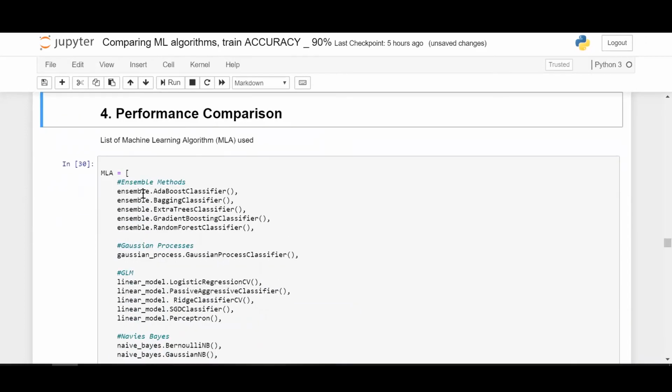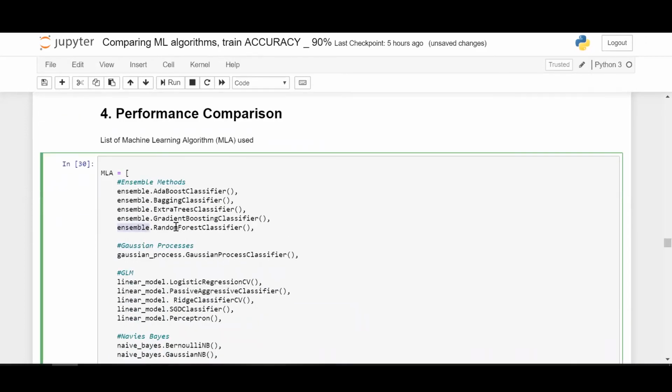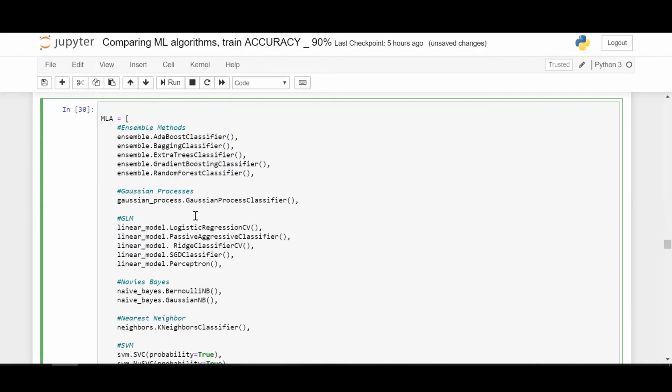So if you remember ensemble, the most popular one is random forest. But along with it, you have AdaBoost classifier, which we'll explore under the boosting algorithms, bagging classifier, extra trees classifier, gradient boosting classifier. And then under Gaussian, we have Gaussian process classifier.